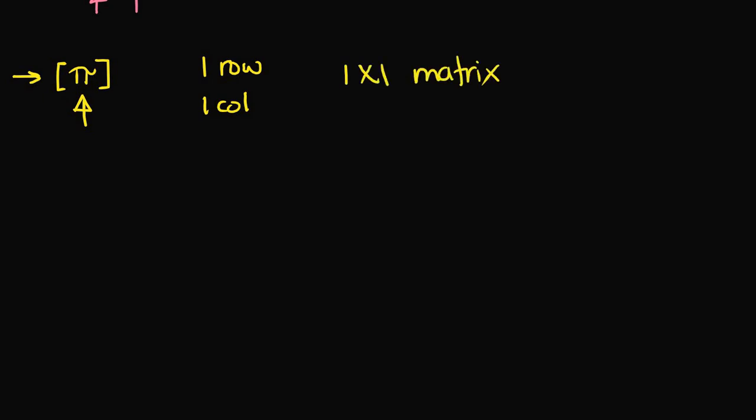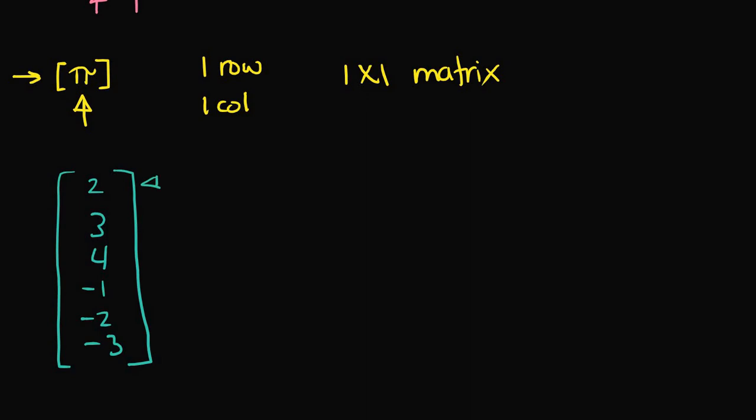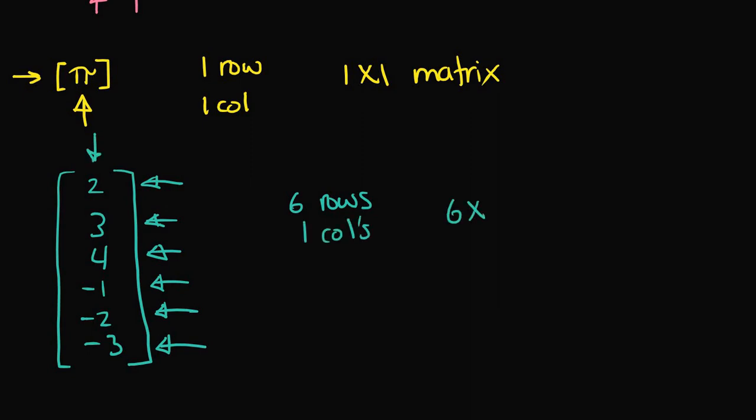And let's do one more. 2, 3, 4, -1, -2, and -3. Well, this is an interesting matrix, right? This has 1, 2, 3, 4, 5, 6 rows. 6 rows, and it has one column. So this would be a 6 by 1 matrix. And just as a note, we always list the row first and then the column. This would not be a 1 by 6 matrix, because that would mean it had only one row and 6